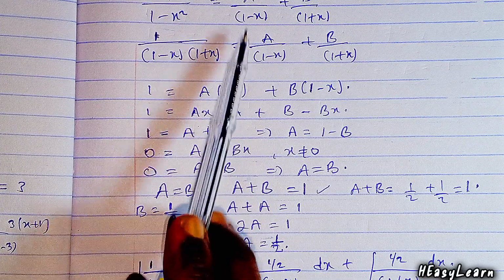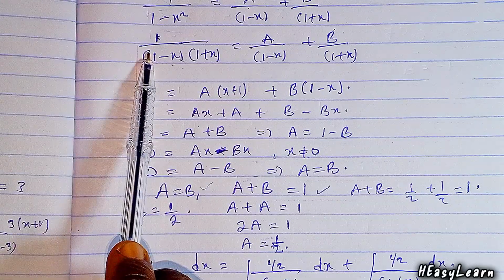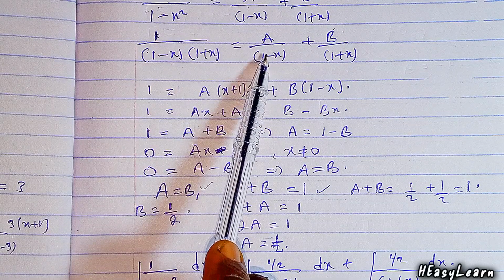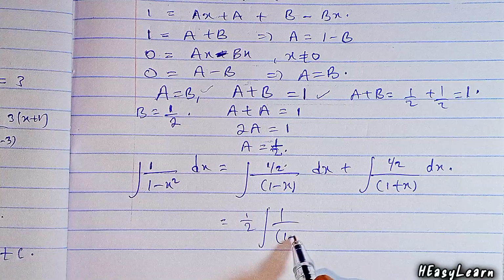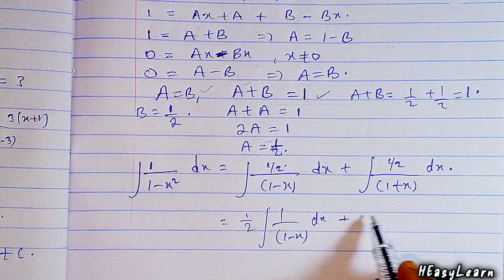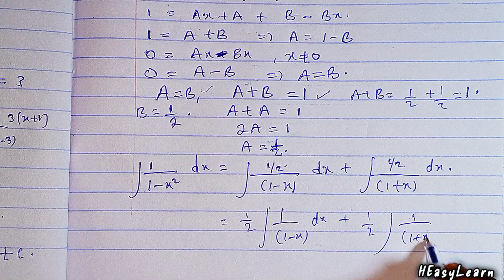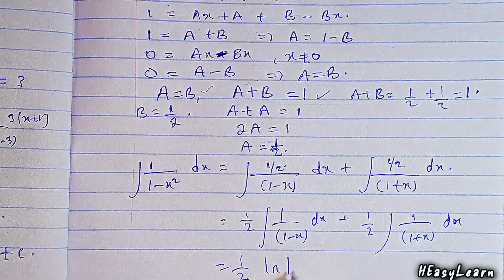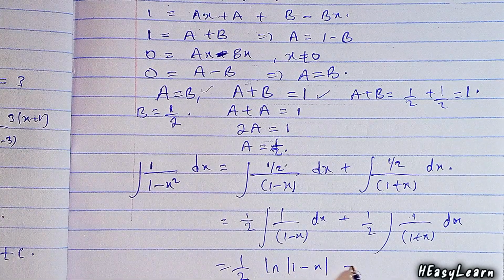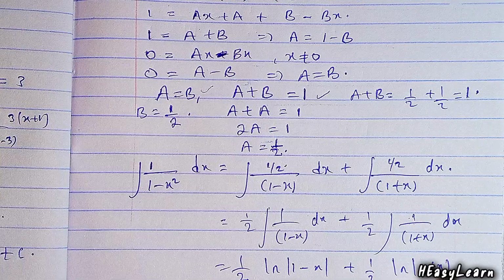Because from above, this expression is the same thing as this. A is half, b is half. To integrate this side is the same thing as integrating this side and this side. Integral of 1 over 2, 1 over 1 minus x dx plus 1 over 2 is constant, 1 over 1 plus x dx. This is the same thing as 1 over 2 ln 1 minus x plus 1 over 2 ln 1 plus x